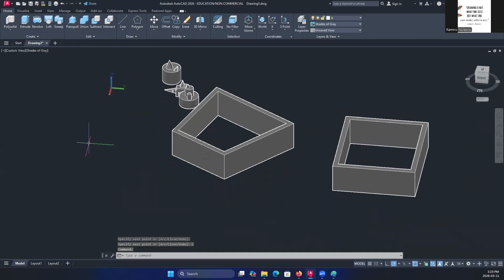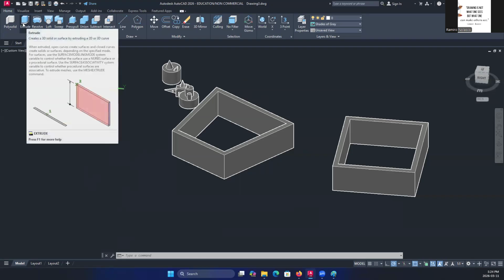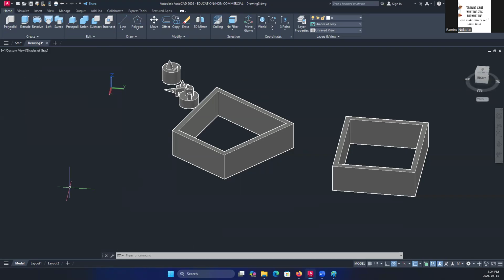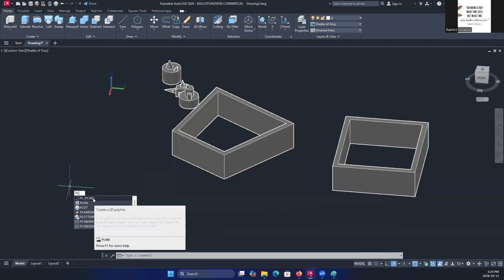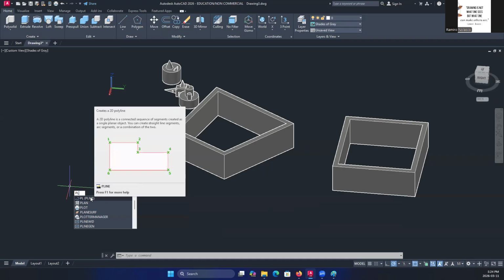Now, there's a command here called extrude. If you want to extrude, you need to create a closed shape. And you want to use the polyline command, not the line command. Polyline allows us to create a closed shape.